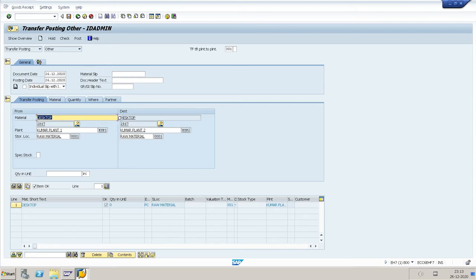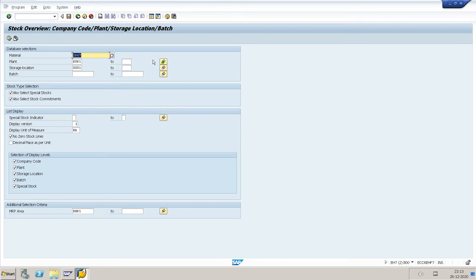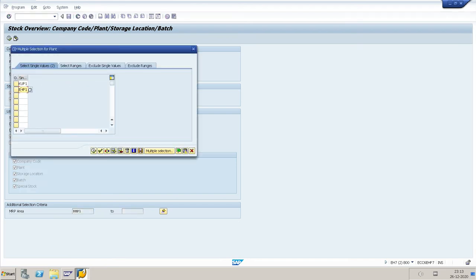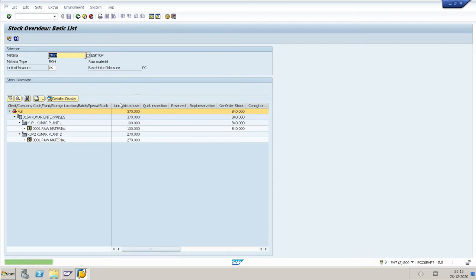Now I will transfer a quantity of 10 numbers. We see the same material in both plants, KUP1 and KUP2.